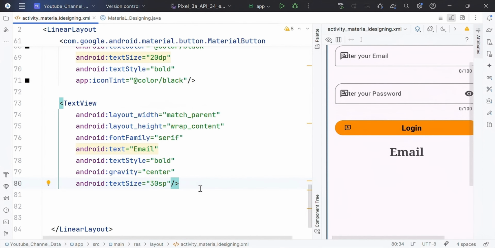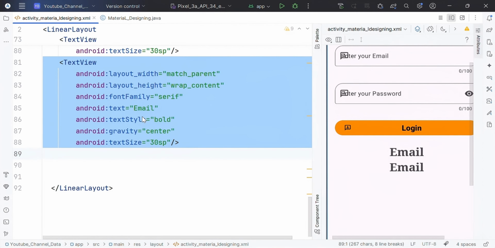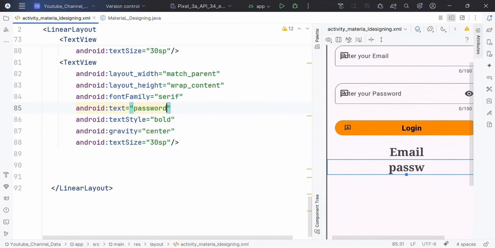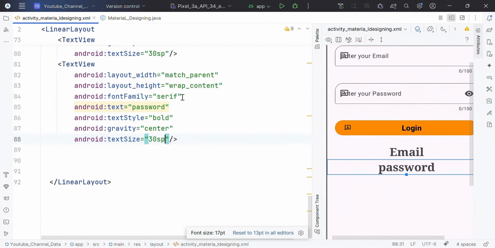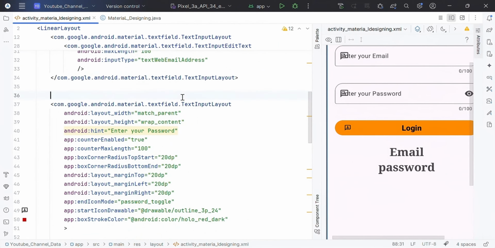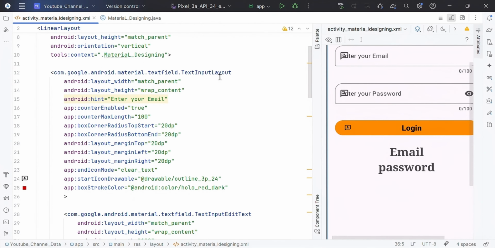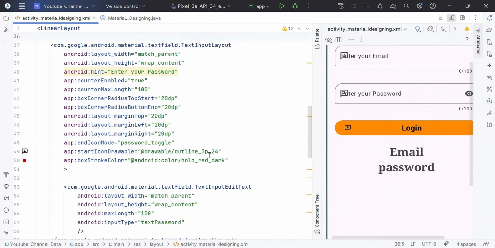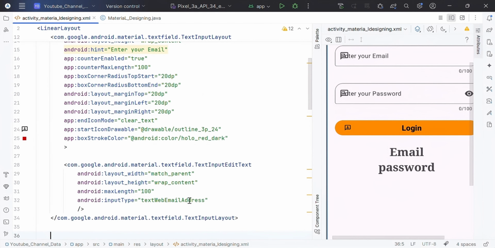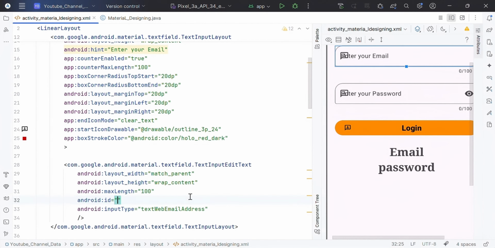Okay. I'm going to duplicate this one with the password, and all the things remain the same for this one. Okay, now I have to find all these objects, tags, TextInputLayout, TextInputEditText with my Java. So I'm going to give IDs to them, @+id,